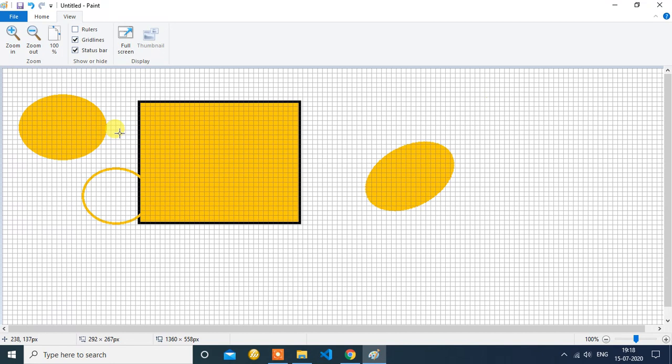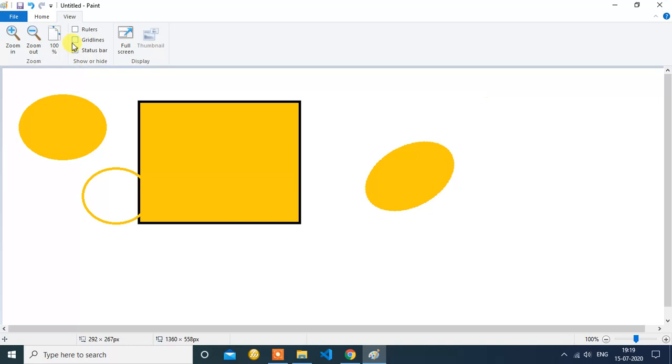It is easy to use, and don't worry, if you save this file or share it with anyone, you will not get the grid lines there, because grid lines are for your own demonstration purpose.